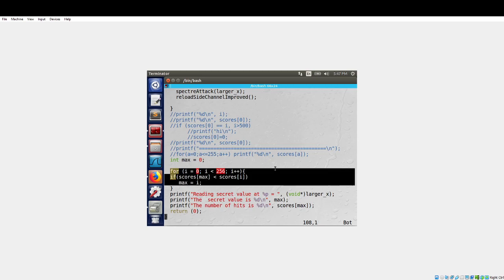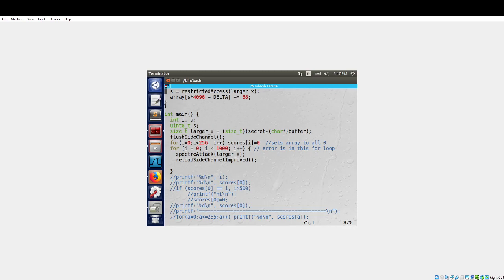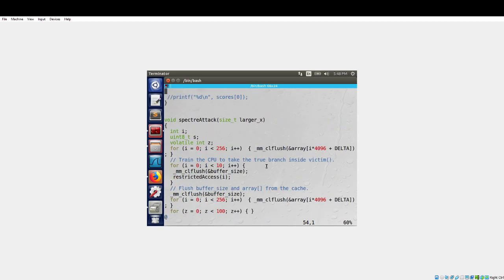This code is perfectly fine, and so is the int max there. Then I started looking towards the other part of int main. More specifically, this was fine. I looked through that, and then I wanted to look through the reload side channel improve.